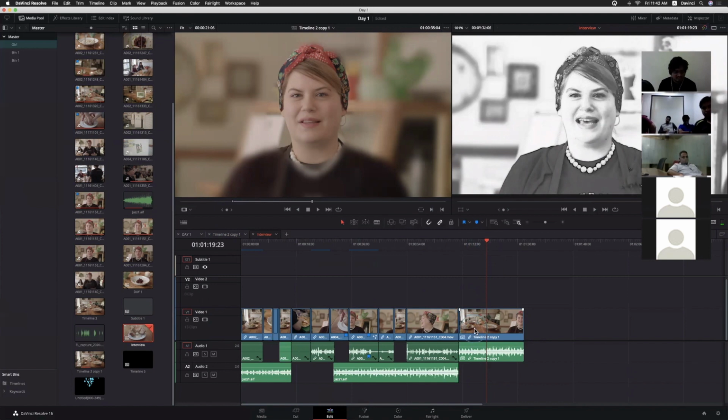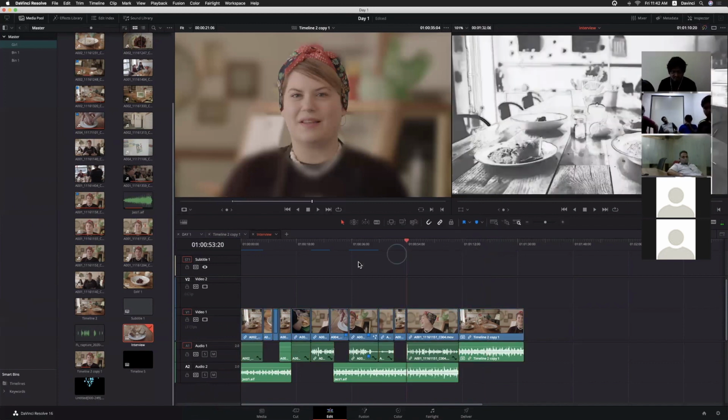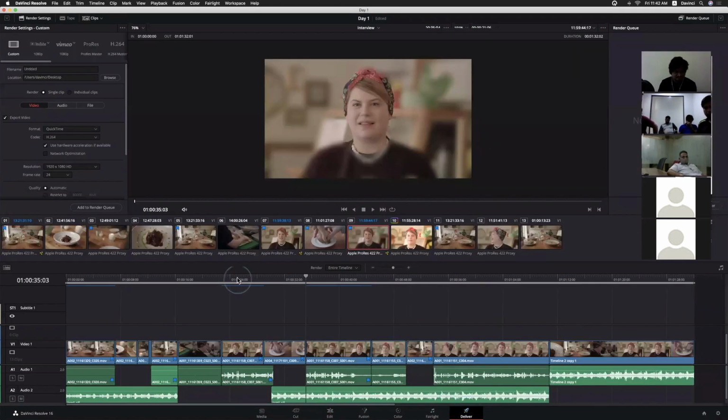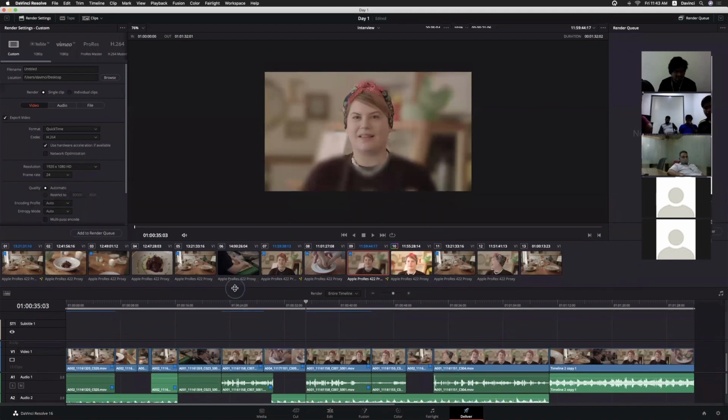So if you want to merge timelines, just drag those timelines into your current timeline so that we can merge multiple timelines and export everything. But it is not a kind of batch exporting. We are just copying it and pasting it into another timeline kind of thing. Okay. And if you want to export the entire thing, go to the deliver page.